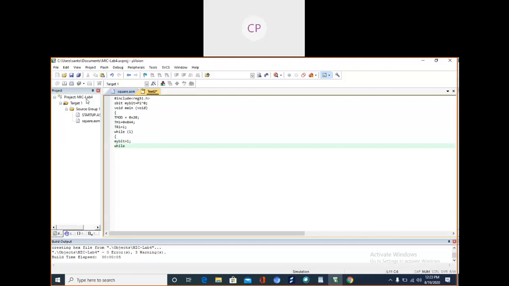while TF1 is equal to 0. Then I will reset that timer flag, since it has overflowed: TF1 is equal to 0.